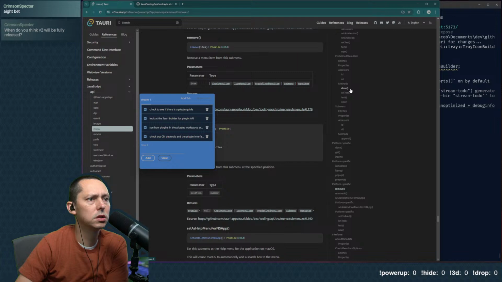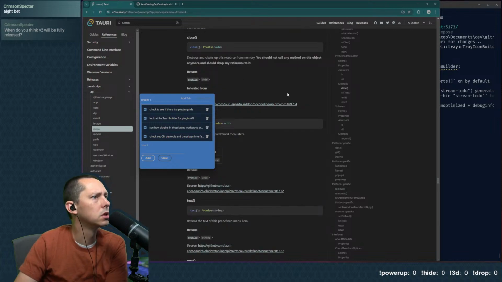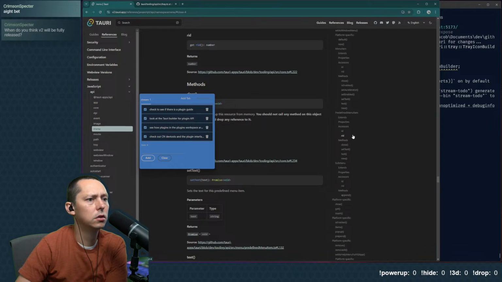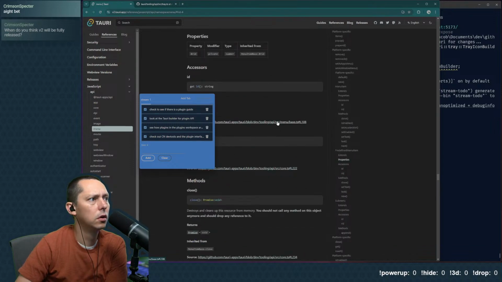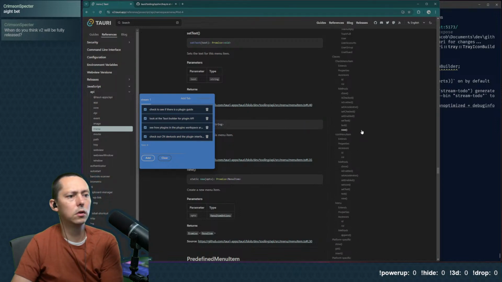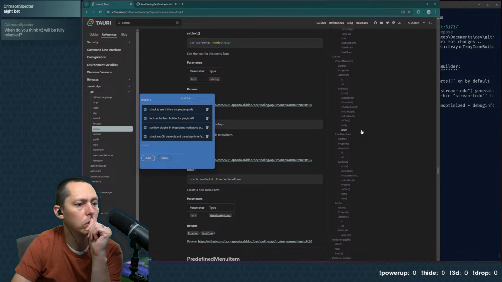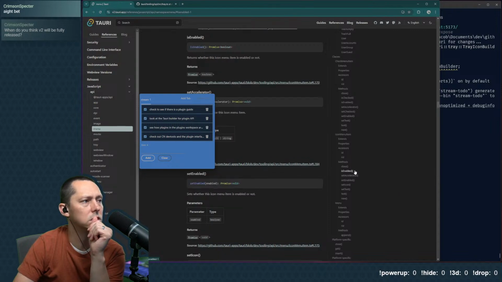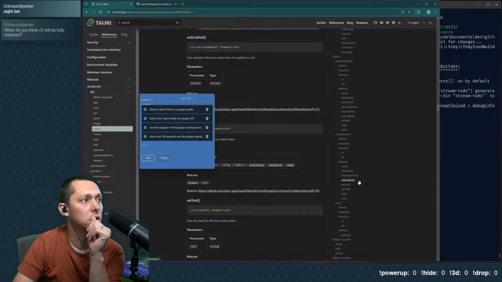Here's append, set, close. Destroys and cleans up this resource from memory. So icon menu item has a close, is enabled. So we can set enabled, sets whether this icon menu item is